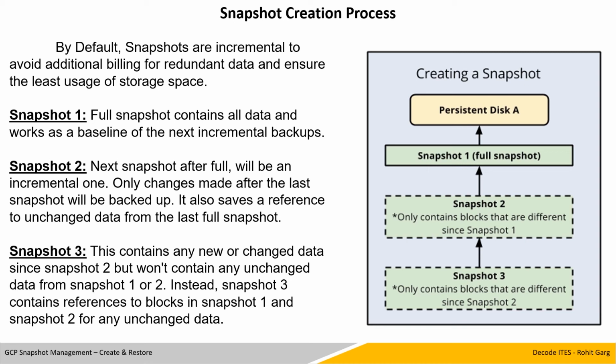So this is a chain that the GCP Compute Engine snapshot functionality maintains to ensure data recovery and to use the disk in an optimal manner to reduce the cost and use your budget efficiently. We also have an image from the Google documentation which depicts the same. We have a persistent disk A and first we have taken the full snapshot. Now snapshot 2 will contain only the changed data, and the rest is automatically mapped from snapshot 1. And in snapshot 3, it's copying the data that was changed after snapshot 2 and creating a pointer for unchanged data to snapshots 2 and 1.